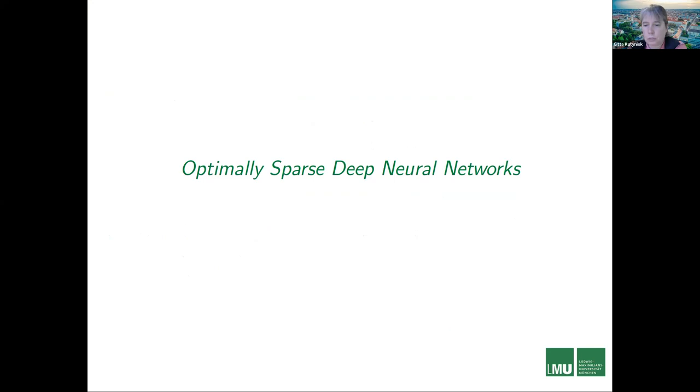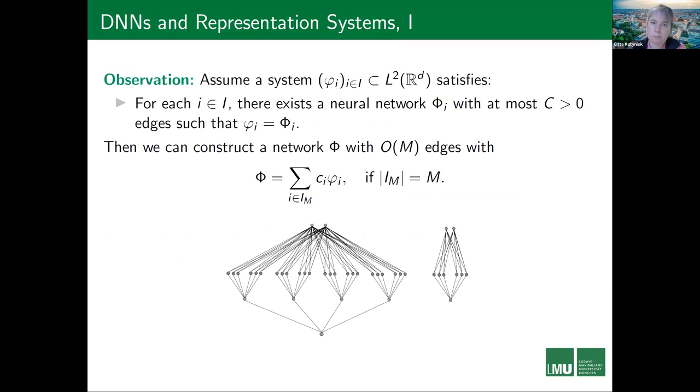Now we use everything that we learned about approximation theory, because now we transfer approximation theory to the neural network setting. So what we do is, first of all, let's say I have my function class I would like to approximate, and I have a representation system. Now, for each of these systems, remember, these realizations of neural networks are functions. So for elements of my representation system, like shearlets, for instance, I can build little neural networks which approximately represent and mimic